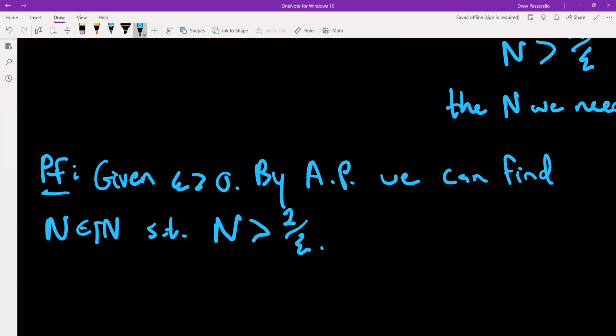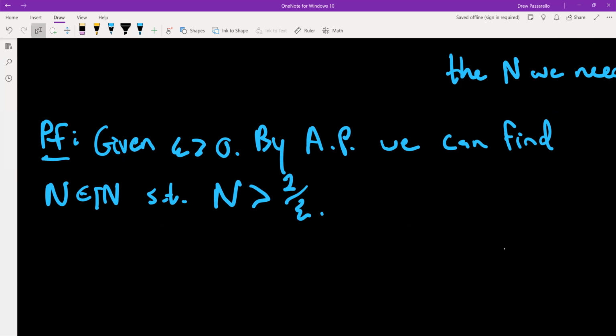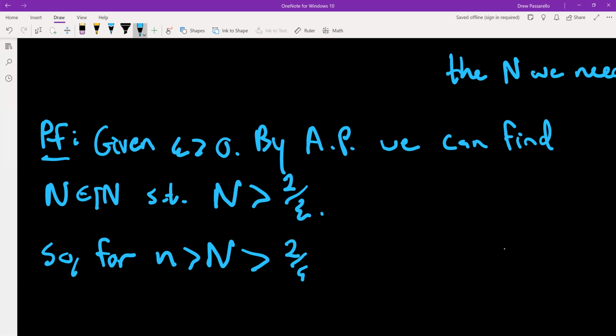So then for all little n bigger than capital N, which is, again, bigger than 2 over epsilon, we have